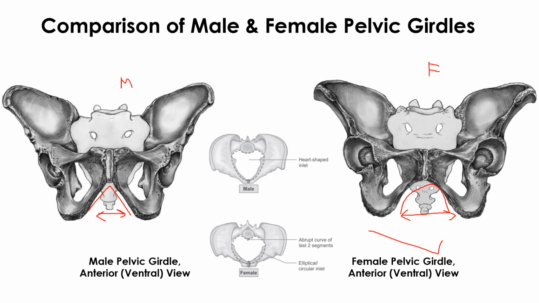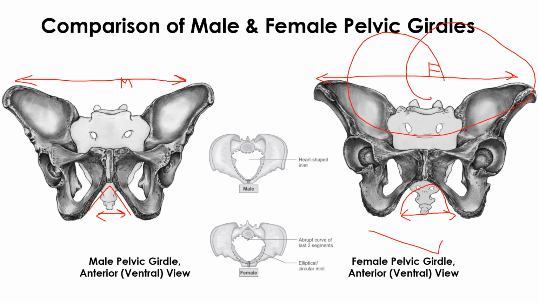Then the length from one pelvis to the other, forming the hip bone, is very narrow in males and very broad in females, giving the space and facility for the baby to be settled in this region. When the baby is born, it passes through the pelvic girdle, and the space required for this passage must be larger. That's why the sacrum size and shape will be different from the males. So it is highly movable.